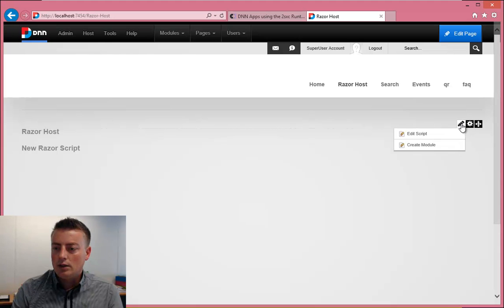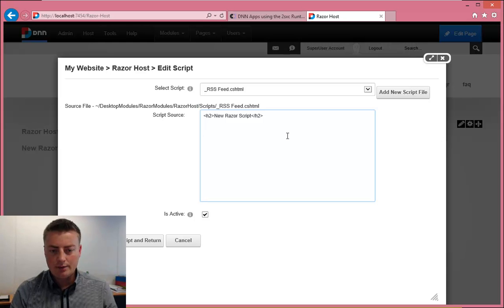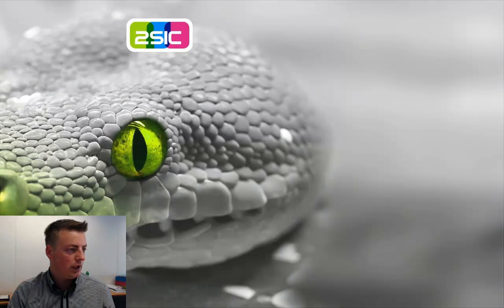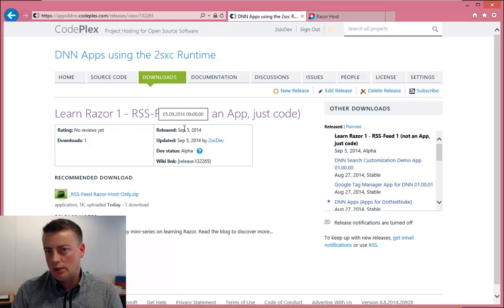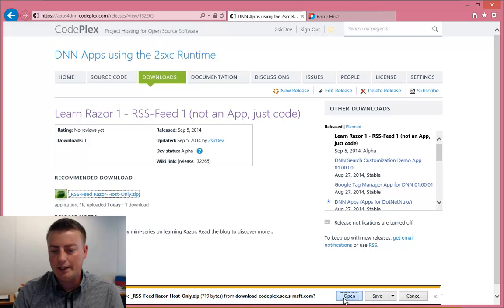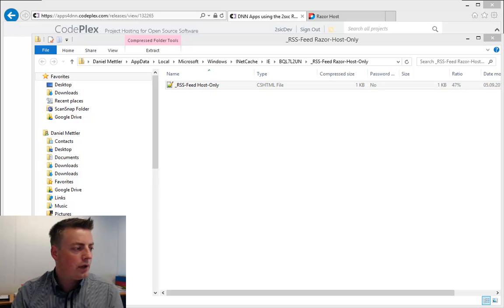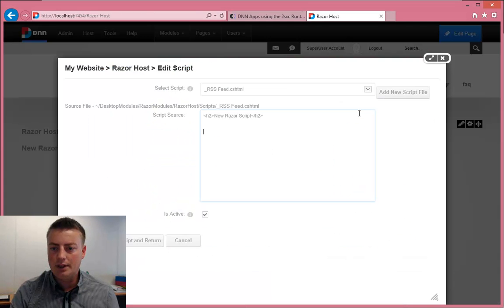And just to understand a few things that just happened, first of all, I've added this script, and Razor by itself is a very simple scripting language mixed with HTML. I've prepared a little sample, which I'm not going to explain in detail, but will just help you understand a little bit what's going on. There's a blog post on DNN Corp, which will provide you with this source code, but you'll find it if you're looking for it, or just try something else. I'm going to now open this with Notepad++, our favorite text editor, and I'll just copy this Razor script in